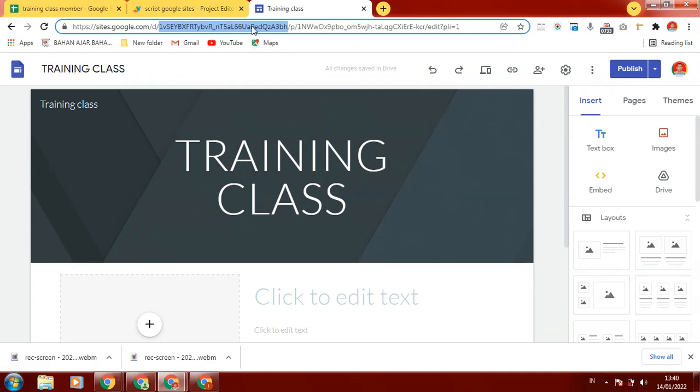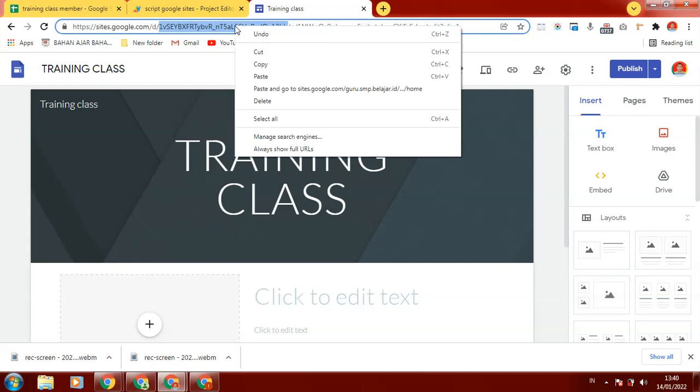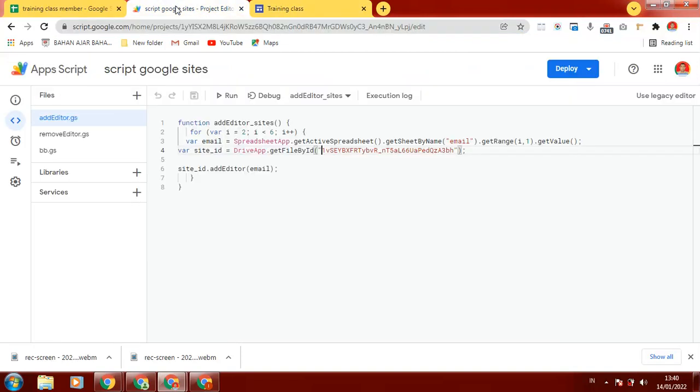We take the ID and copy, and we can paste here, Control V. Okay, after that, we refer the site ID with addEditor and the email, referring to this variable. Save, and we can run it.